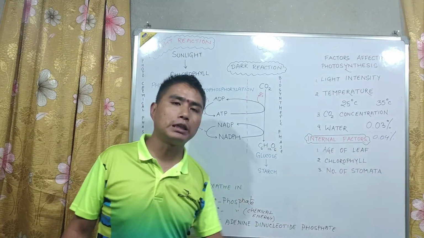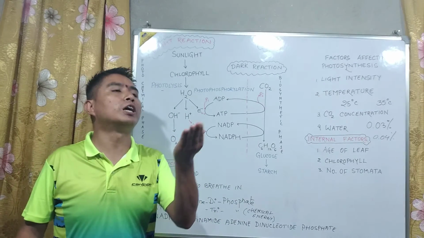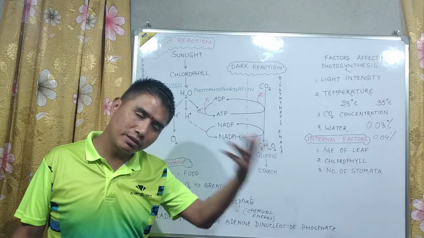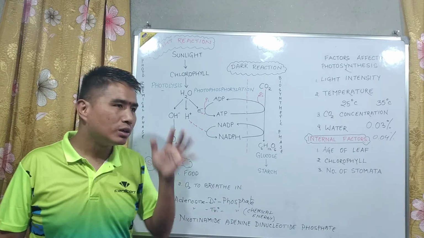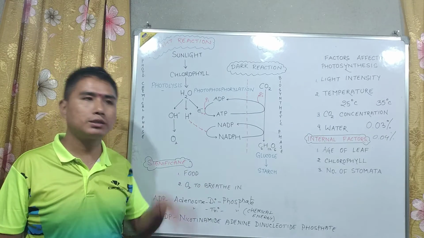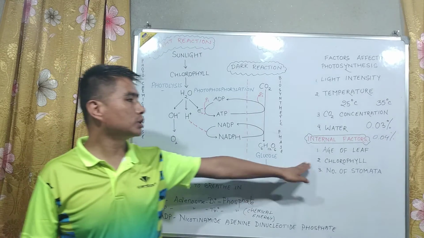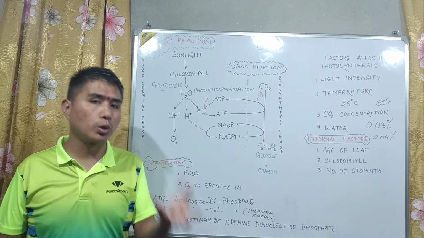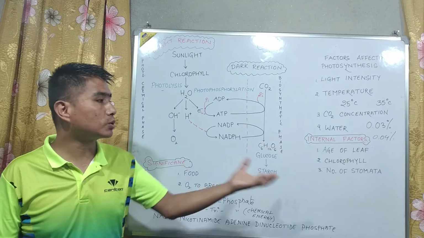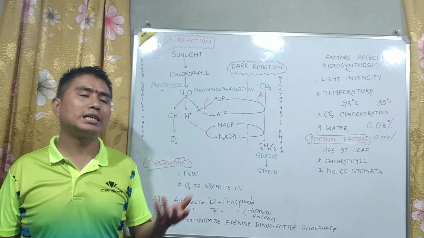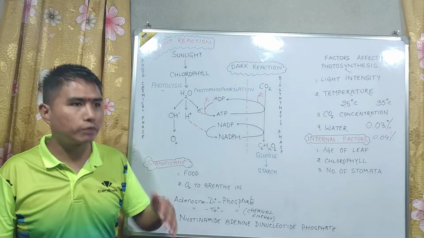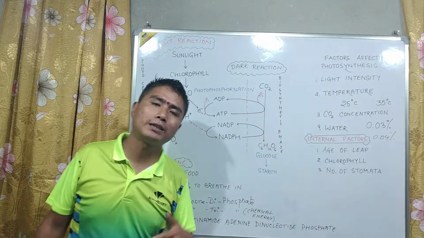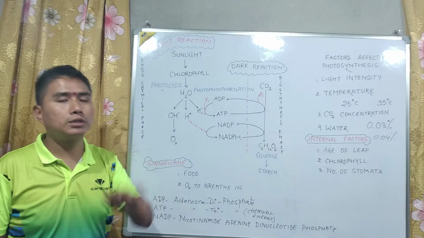Number 1 is age of the leaf. Imagine a leaf is very young, well matured, broad, then definitely photosynthesis will be good. But if the leaf is old, very brittle, yellowish, then the photosynthesis rate will be low. Number 2 is chlorophyll. If the leaf is very green, full of chlorophyll, the rate of photosynthesis will increase, because chlorophyll absorbs sunlight. If it is a variegated leaf, or a yellow leaf, or chlorophyll is not there, or chlorosis has taken place because of UV rays or high intensity of light, then the rate of photosynthesis will fall down.